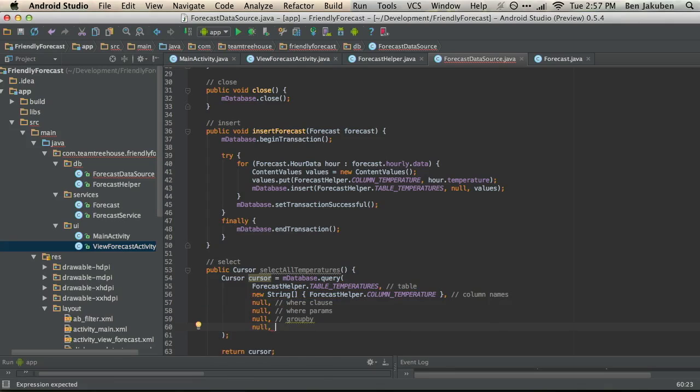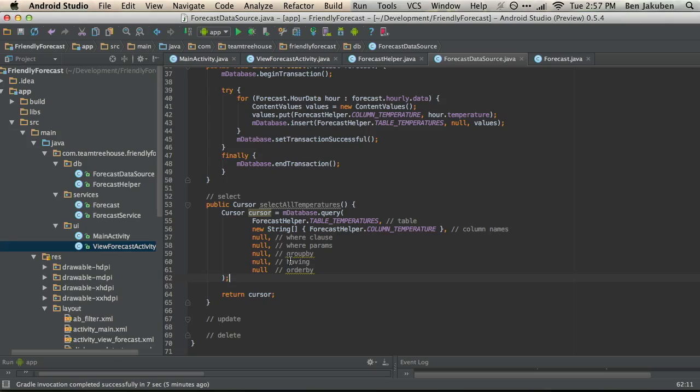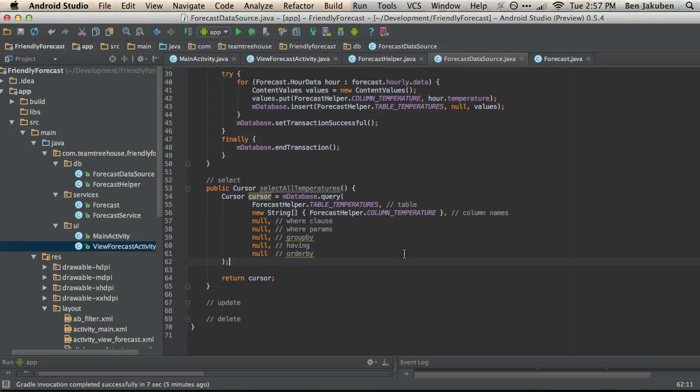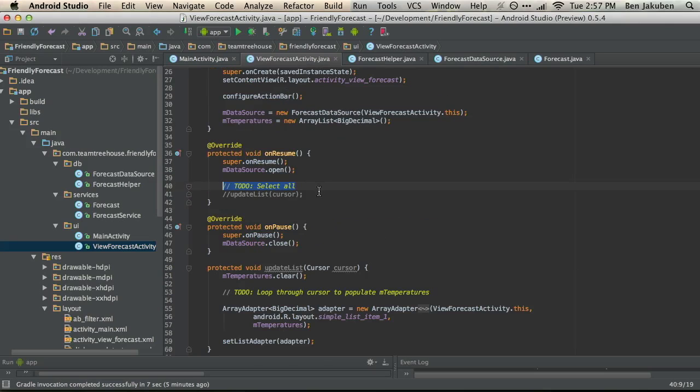Again, we're just passing in null because we're not worried about any of these having, and finally, the order by clause. And if you want to learn more about any of these SQL constructs, again, there's the database basics course. Okay, so this should give us a cursor, and if we go back to view forecast activity, we can now